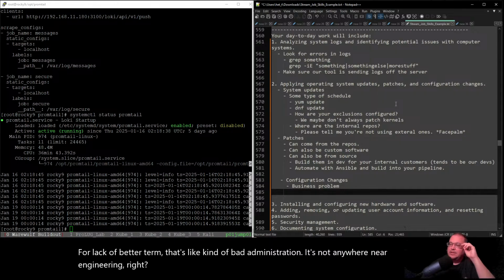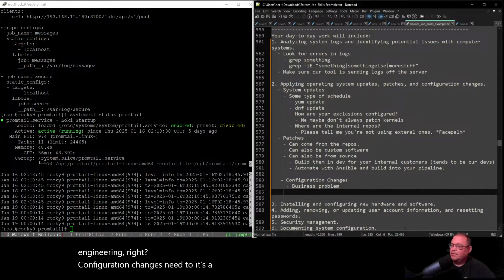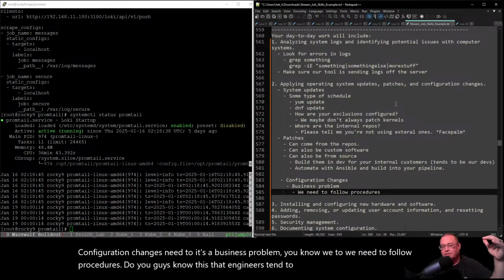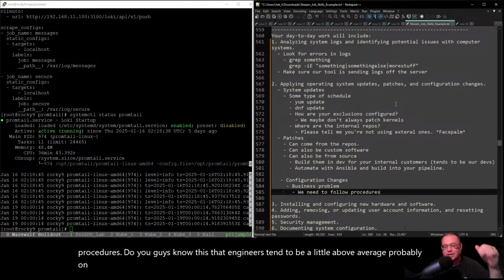Configuration changes, it's a business problem. We need to follow procedures. Do you guys know this, that engineers tend to be a little above average probably on smarts,